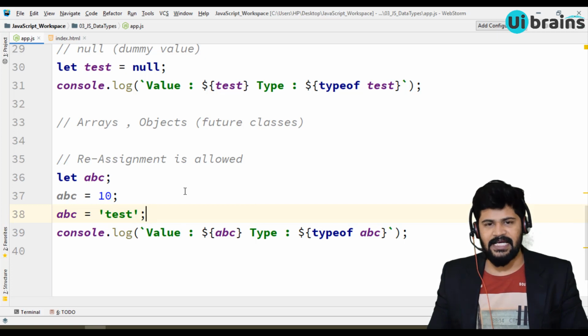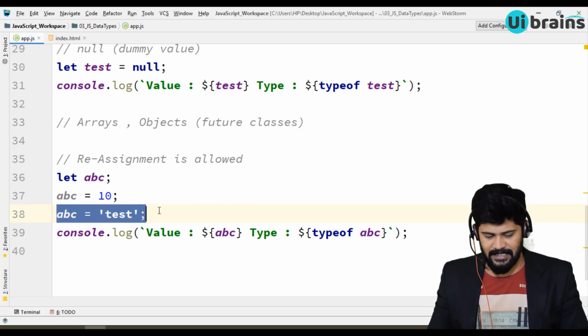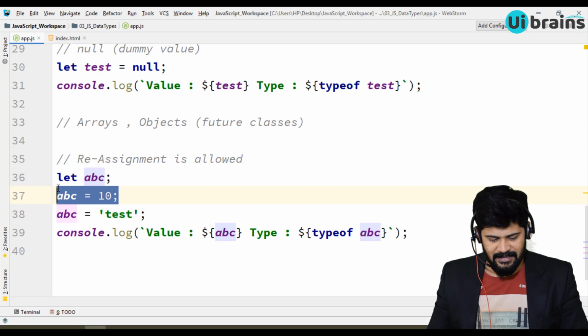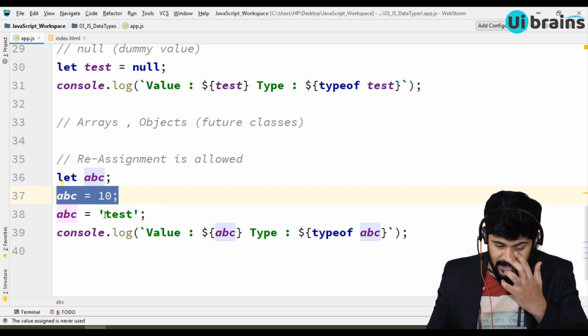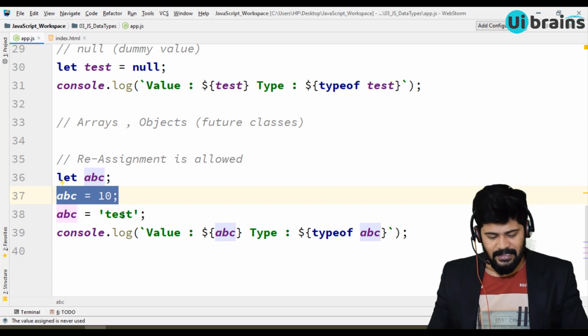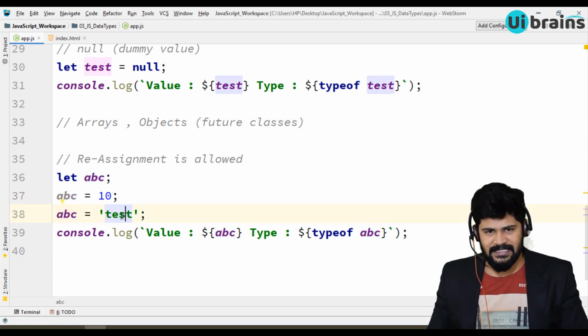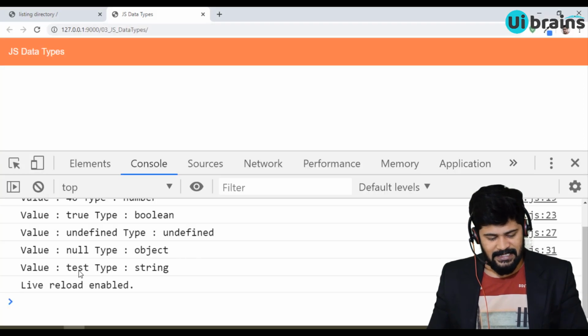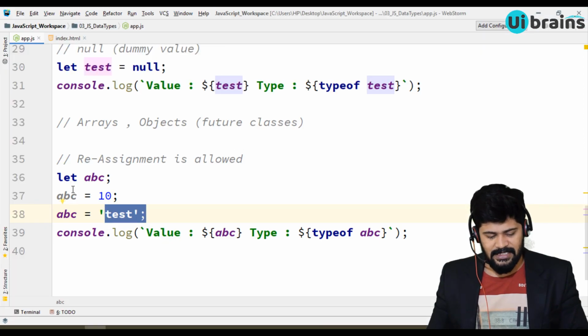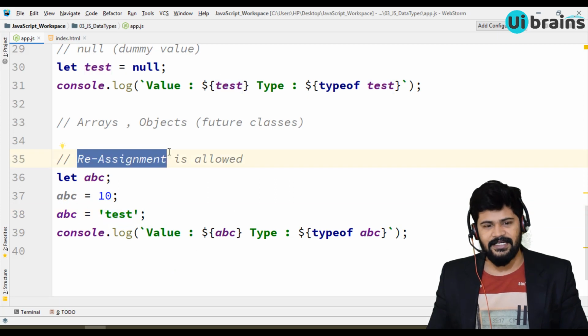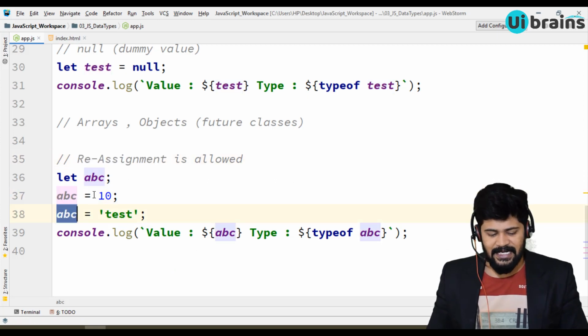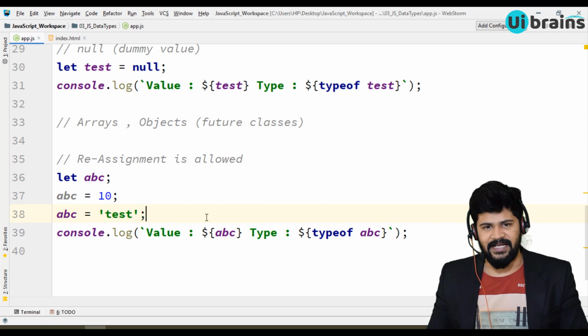Any people from Java language can say, sir, you get an error because you have assigned a number and in the next line you're assigning a string, so you can't assign a string to the same variable. No, in JavaScript it's perfectly all right. It works perfectly. You will get the answer as test and string because that's called reassignment. For the same variable you can assign a different type of data.